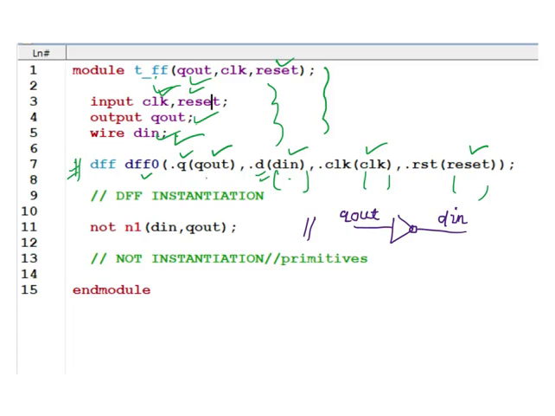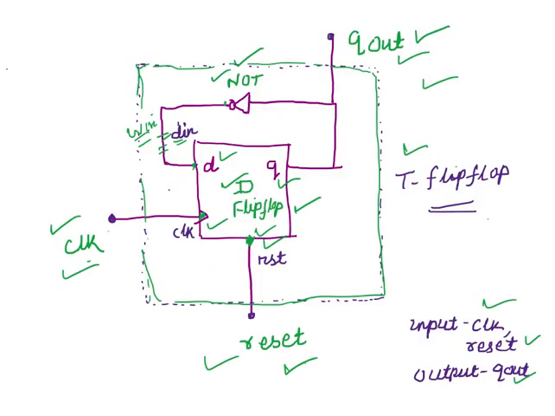Inside the parenthesis you have to write the port from the module for which you are writing the structural code. So this Q out is from here, D in is from here, clock is from here, reset is from here, and this Q, D, clock and reset have to be from the D flip-flop. You cannot change the name. This name has to be there in the D flip-flop. This D has to be there in the D flip-flop. All this dot part has to be from the D flip-flop, and all this inside parenthesis part, the outside part, should be from this module.